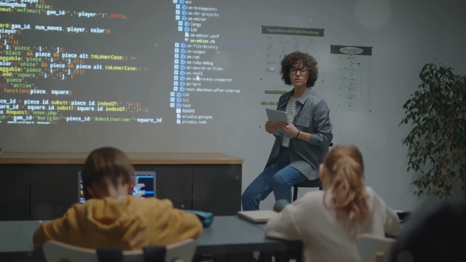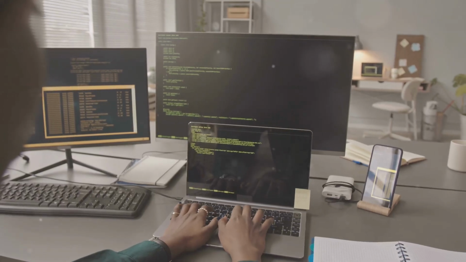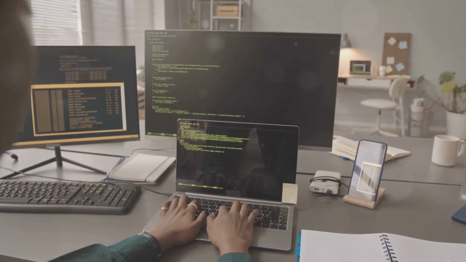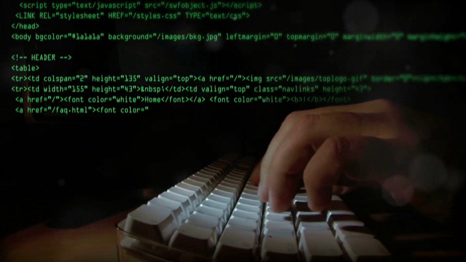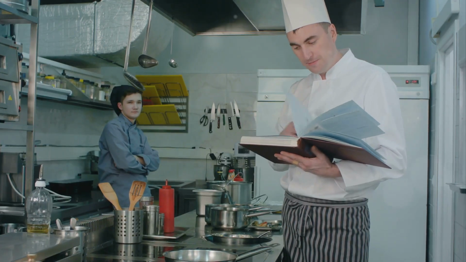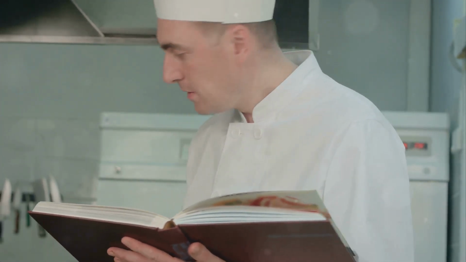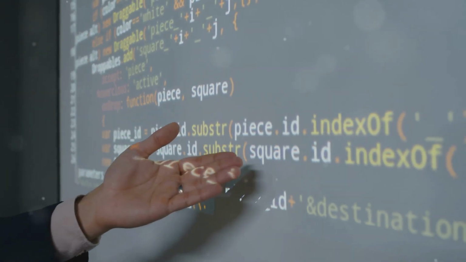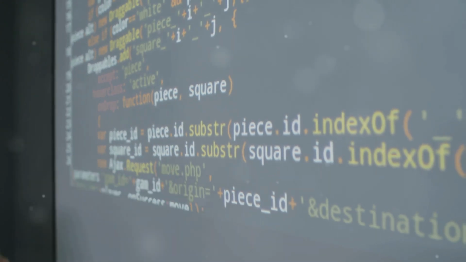Section 6, Organizing your code with functions. As our programs grow larger, it's important to keep our code organized. That's where functions come in. Functions are like reusable blocks of code that perform a specific task. Think of them like recipes. A recipe has a name, a list of ingredients, and a set of instructions. Similarly, a function in Python has a name, a list of arguments, inputs, and a body of code that defines